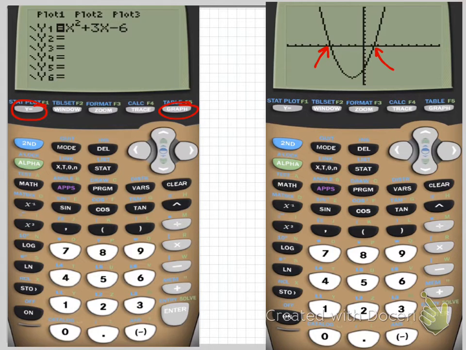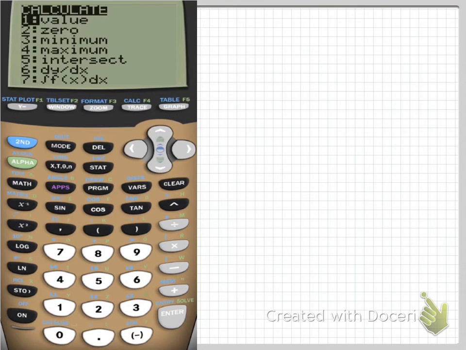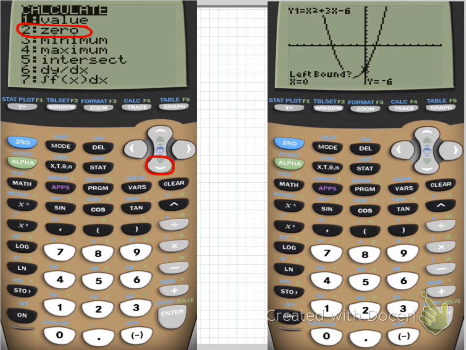So the way you do that is once you have it graphed, you press second and then trace. Notice second is the blue button on my calculator. It takes me to the blue menu, which takes me to calculate, and the calculator can calculate a lot of things for us. For example, it can calculate values, which is just typing in numbers. It can calculate the zero, which is what we want to select, minimums, maximums, and intersections between different curves. So go down to the second one, or just press the number 2, and we're going to get to zero. Once you select the zero and hit enter,